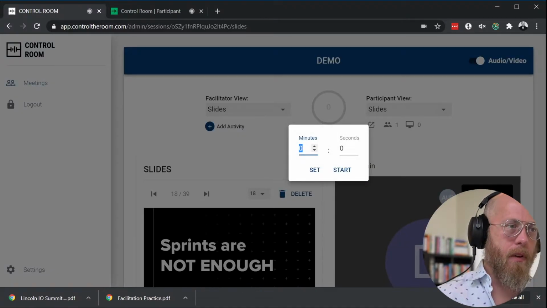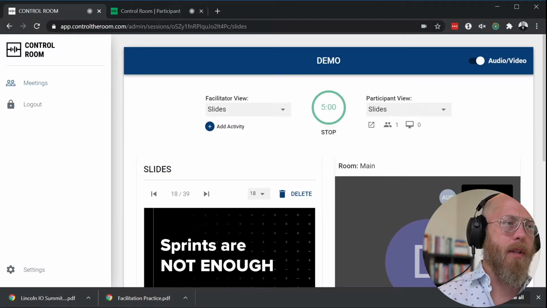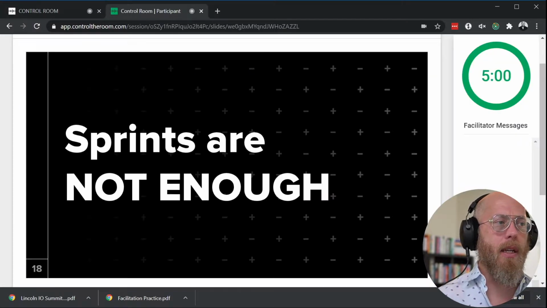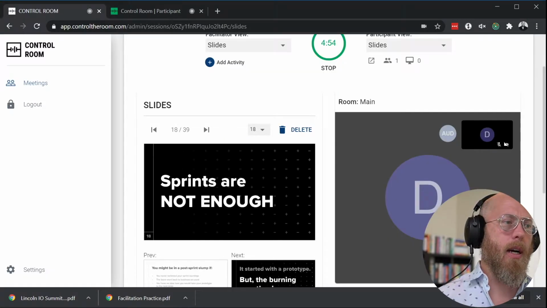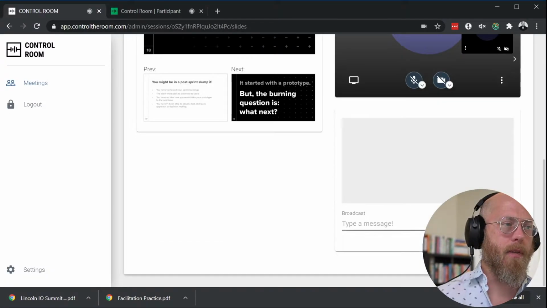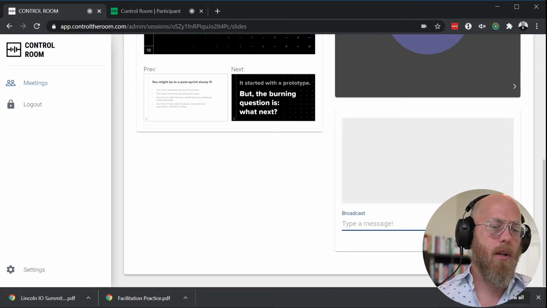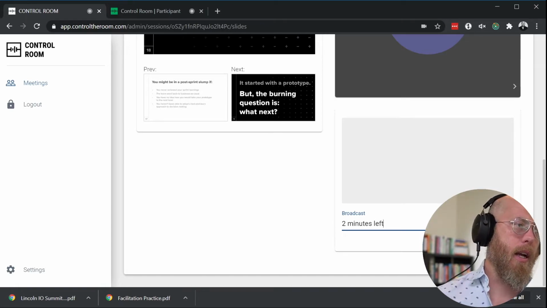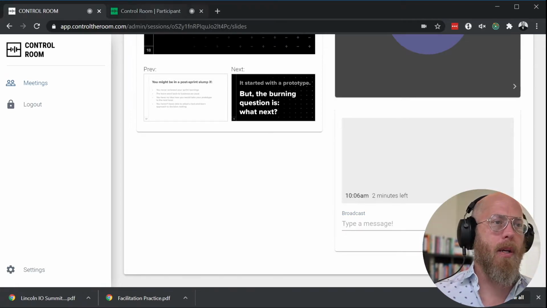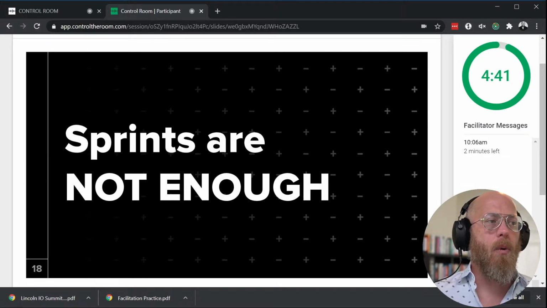So let's say we want folks to discuss for maybe 5 minutes. We can set a 5-minute timer, and you'll see that the participant view has a timer there. Another interesting tool as a facilitator is I can type a message, and I can say like 2 minutes left. And when I send that, it's going to pop up into the facilitator message area,